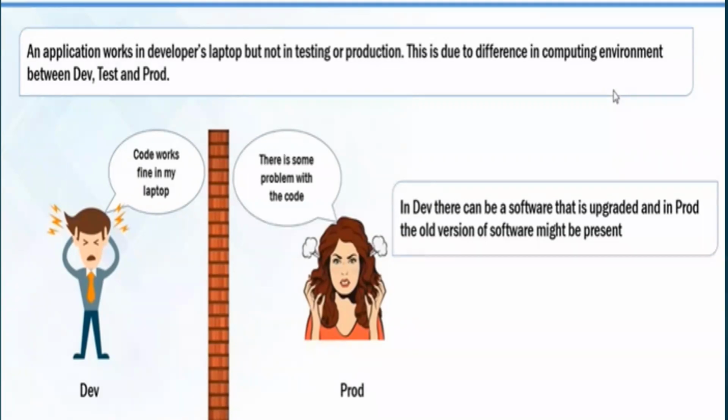Now, after the code is done, I will go ahead and test my code, whether it is working fine or not. So once the testing is done, I'm confident that the code is fine and I can take that code to UAT environment or test environment or production environment. Now, the moment you take the code to production environment, the production support team is saying that your code is not working. And because of your code, my CI/CD pipeline is failing, or my production environment is not working as expected. So you will say, what? I just tested the code. It is working perfectly fine in my environment. Why is it not